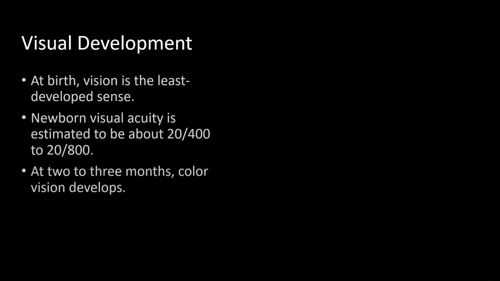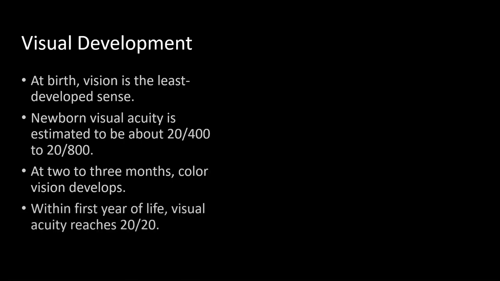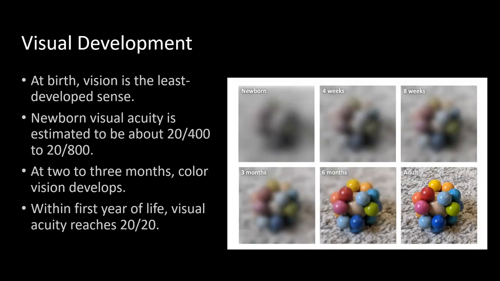At about 2 or 3 months, kids start to be able to see color, although not the full range, but pretty soon that starts to get clearer. Within the first year of life, so by the time you end that 12-month period, visual acuity gets far, far better. Now, this is a graphic that I found that shows, as newborns,